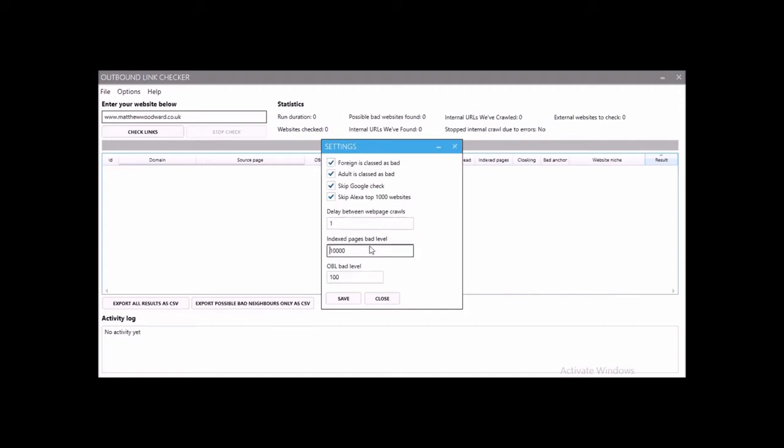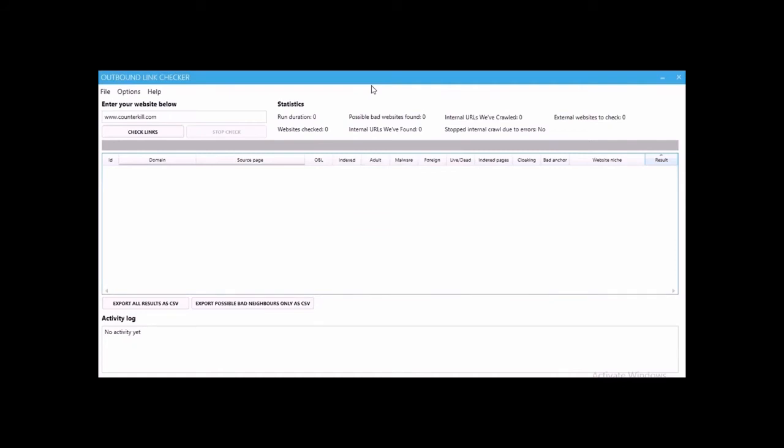And index pages, that's what we discussed about flagging it if it's some kind of auto content farm or something. About link level, just generally I'd leave that at 100. That checks the outbound links on the home pages for any insane amount for any reason. Okay, so